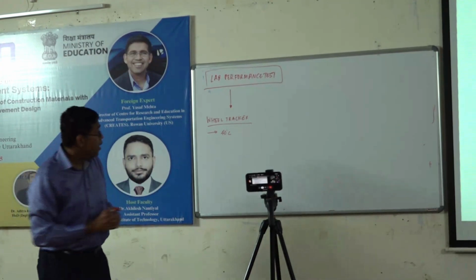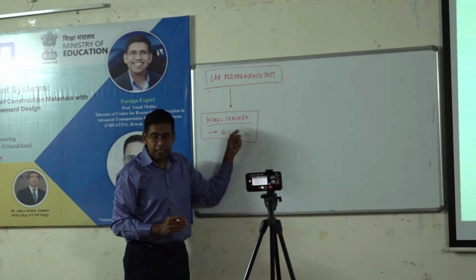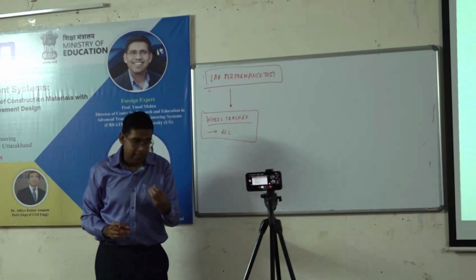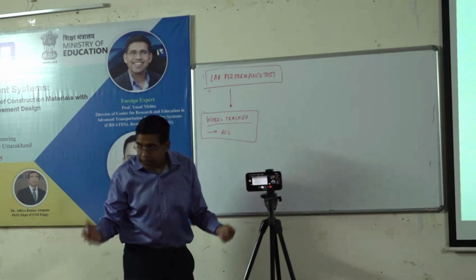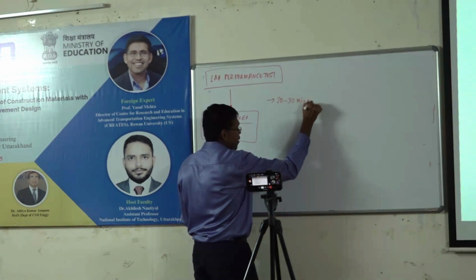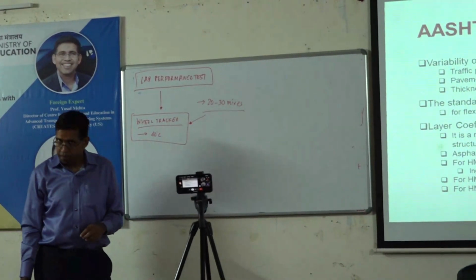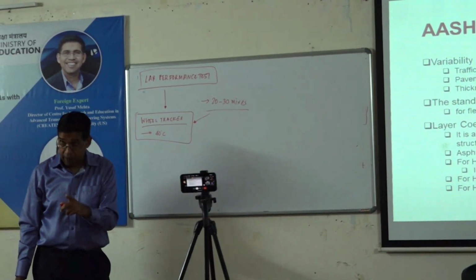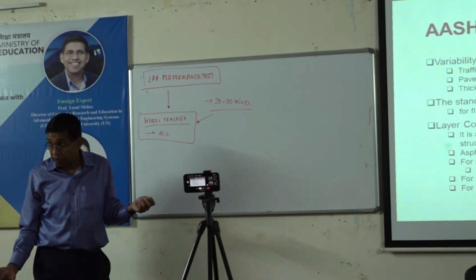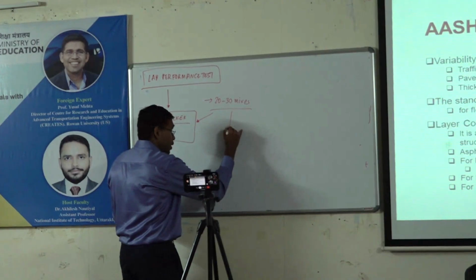So having said that, if I were to take a wheel tracker and I want to make this meaningful, really meaningful, what I need to do is take 20, 30 mixes. Around 20, I'm just giving a number, 30 mixes. Let's say I have to test these in the wheel tracker. Construct the pavements, not in accelerated pavement testing, because that costs a lot of money. So you put them in different parts of the state. So you have 20 to 30 mixes, construct them